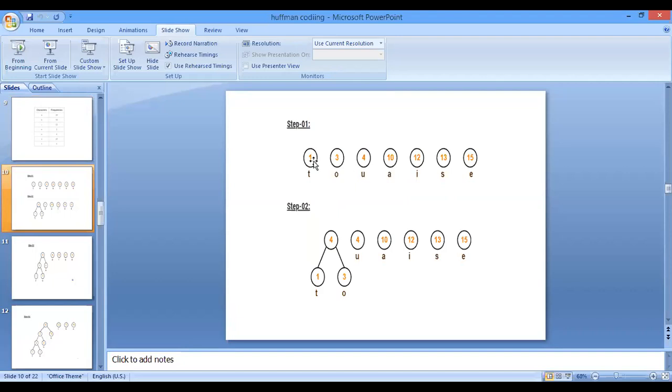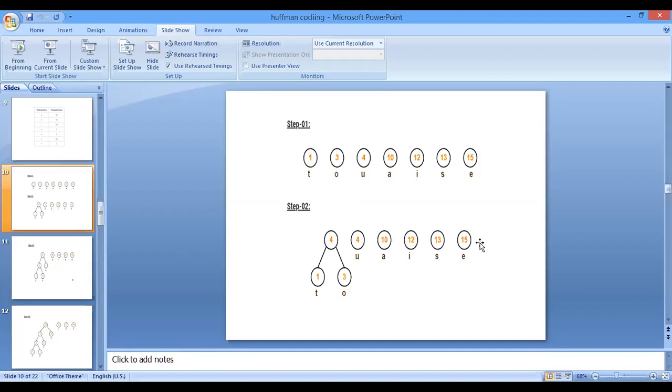So how are we going to do that? For that, the first step is to select the two minimum frequency nodes and combine them. Here we chose 1 and 3, combined them and created a new root, that is 4. Now our new array is 4, 4, 10, 12, 13 and 15.